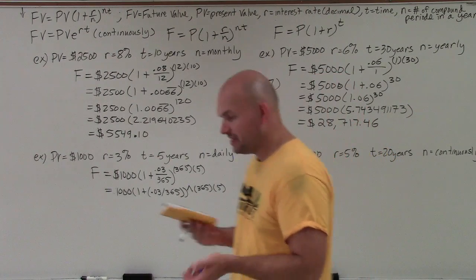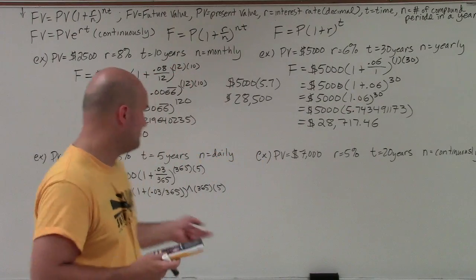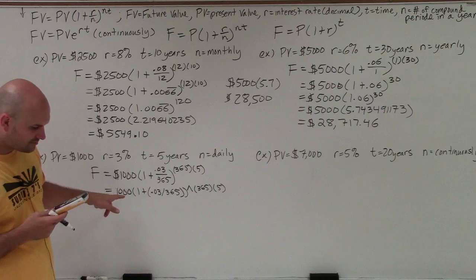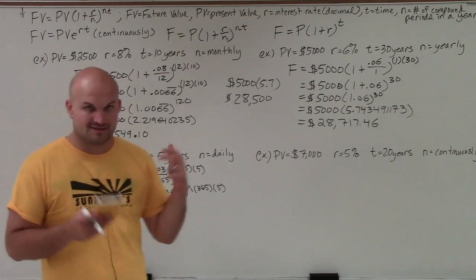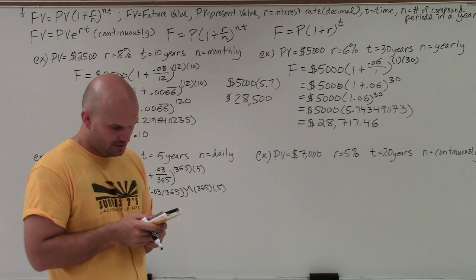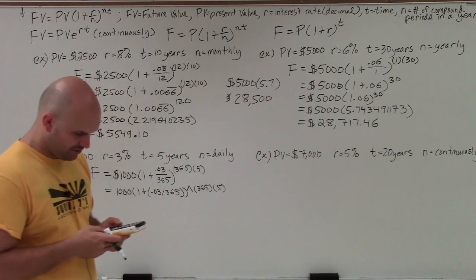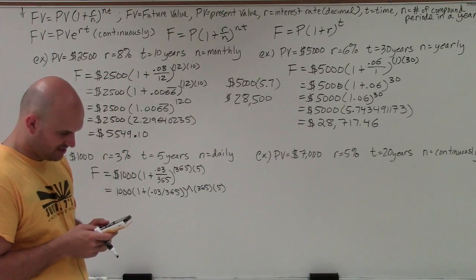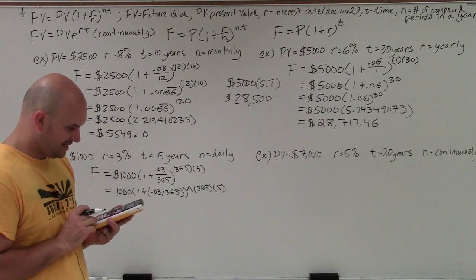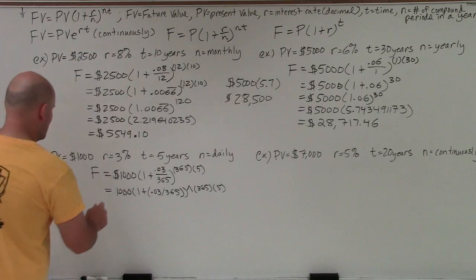Now, probably in your calculator you don't need the parentheses around 365 times 5, but I just want to make sure everything is exact. I'm going to do 365 times 5. Okay, and then I hit enter, and I get